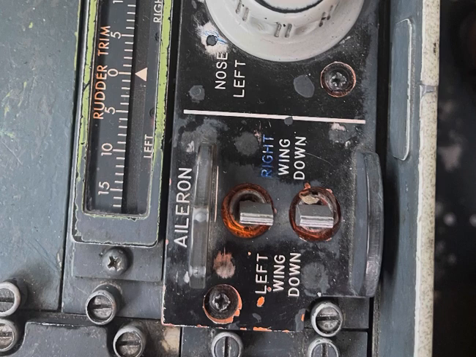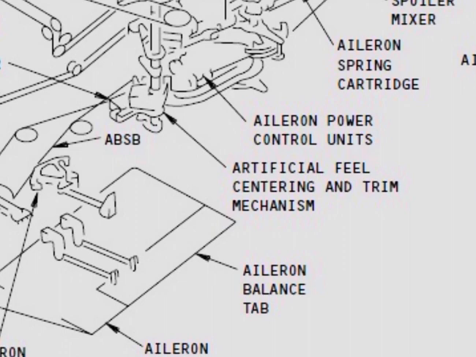We have two switches on the pedestal that control the trimming of the ailerons. Before talking about these two switches, we should know what the function of the aileron feel and centering mechanism is. That's a very simple mechanism, two or three arrangements with a spring inside, and the function of the feel and centering mechanism is to give artificial feeling on